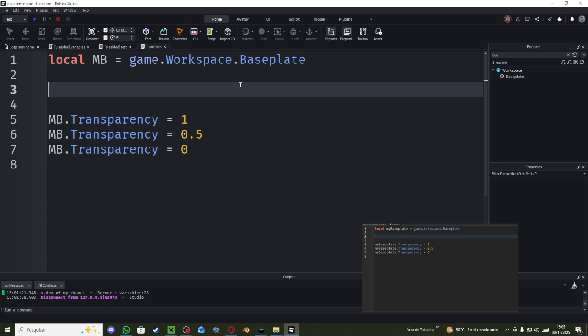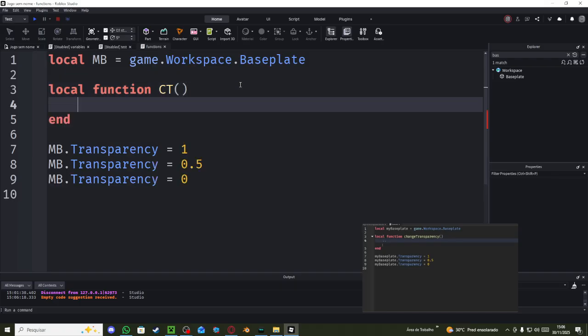The way we do that is by first specifying the keyword local. Once again, I will explain this in a future episode, but bear with me as we type out this function. We're going to hit space, and put in the keyword function in all lowercase so that we know that this is a function that we're creating. And then we can name this function whatever we want. So we can call this, let's say, change transparency like this. And what we need to do is add in the open and close parentheses just like this. Now we're going to select the right side, click on this and then hit enter.